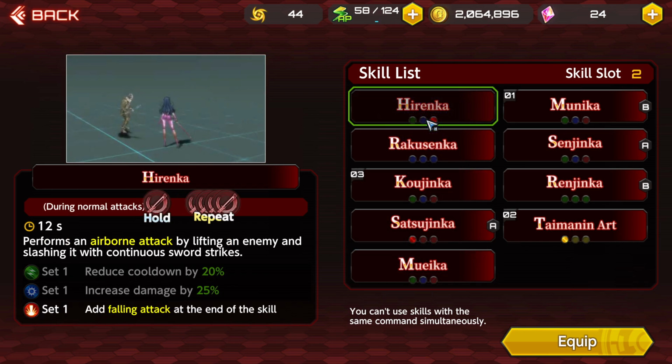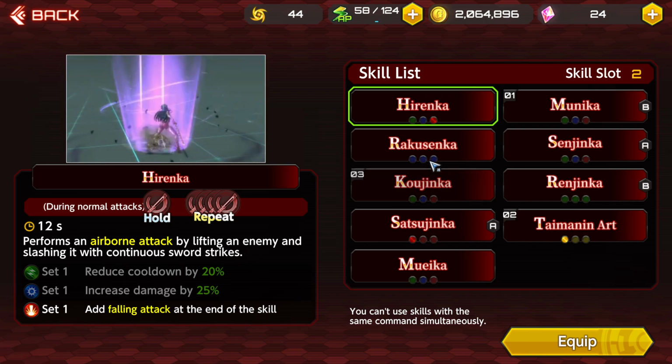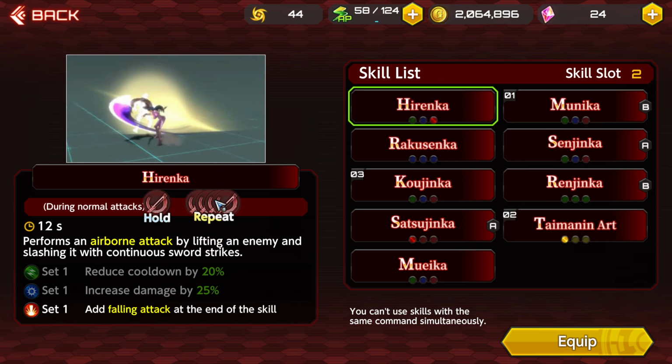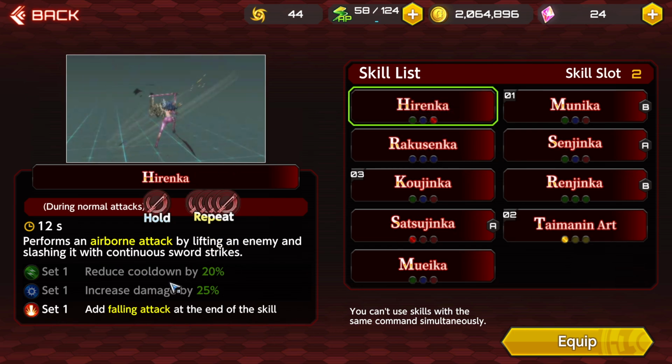what I would suggest running is just give her air juggle instead of Munika. Keep Kojenka and Taimanin art. That way she'll still be able to shred them with her PvP weapon with relative ease. I wouldn't run this ability, because even though she teleports above their head, they can still iframe out of it, and you're not really getting the extra abilities. In the example I gave you, it would be Haruka main mixed with Homura and Rinka, which would overall benefit this, because you'll get an additional 25%